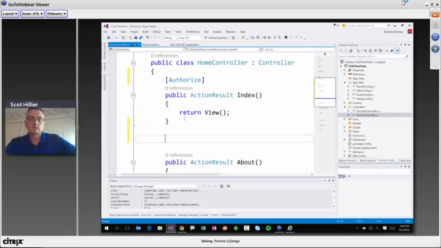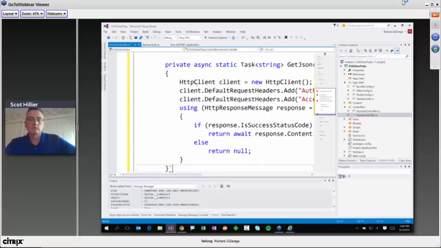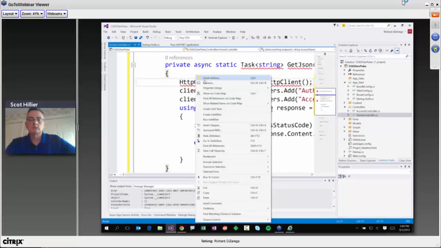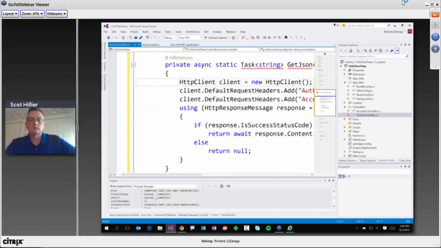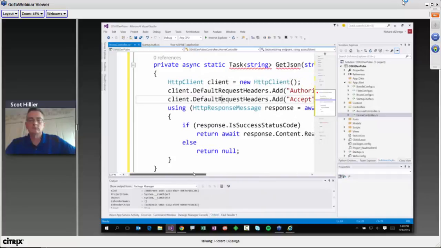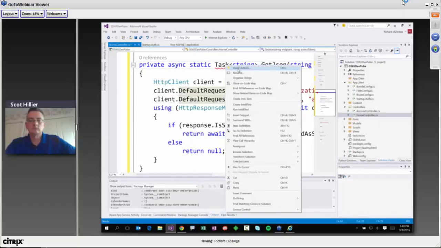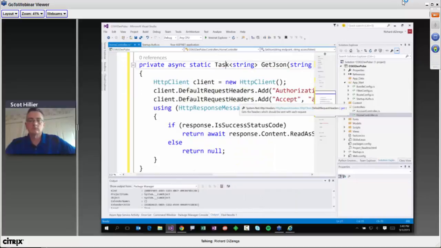The first thing I'm going to do is set up a really simple utility that is going to allow us to do an HTTP GET. So this is basically calling a normal REST call. And I'll just resolve some of these here using HTTP. And I think the rest of this should be good. I'll need to do one more include. And if we just look at the detail here, this says get JSON.